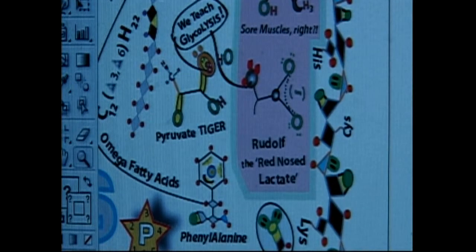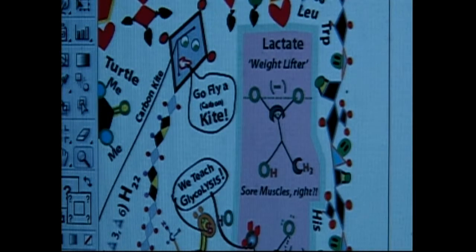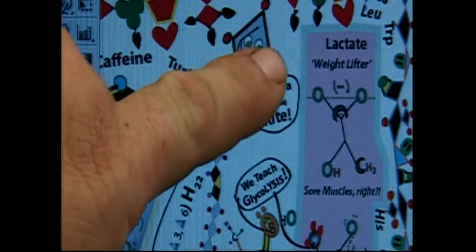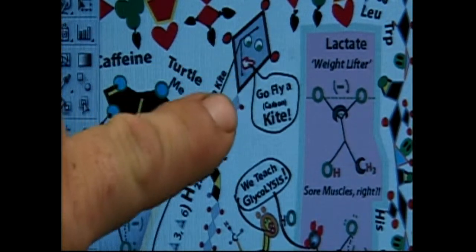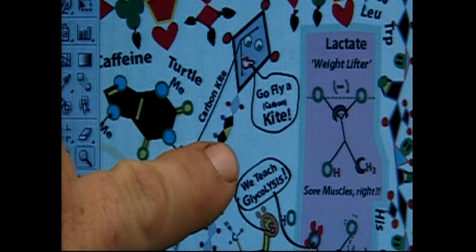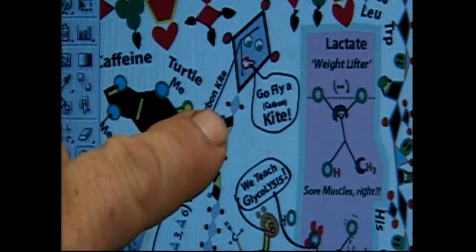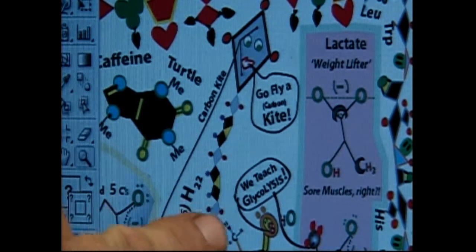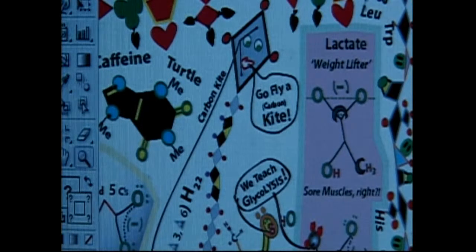Next drawing here, fats. Fats get long carbon chains, right? Well, here's the kite. You got all these carbons hanging down. Carbon's a diamond, right? So 1H, 2H, 3H's, that shows the methyl part. And then the carbon's coming down. Diamond with the 2 H's, there'll be CH2 groups. But then when you get a double bond here, you get 1H. So 1H, 1H, and then come down CH2. There's another double bond. CH2, CH2. When they're all CH2s, that's when you get a saturated fat. This, with those double bonds,